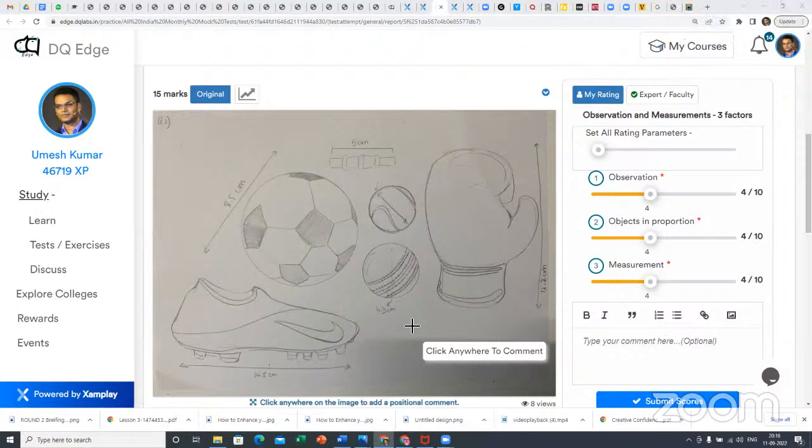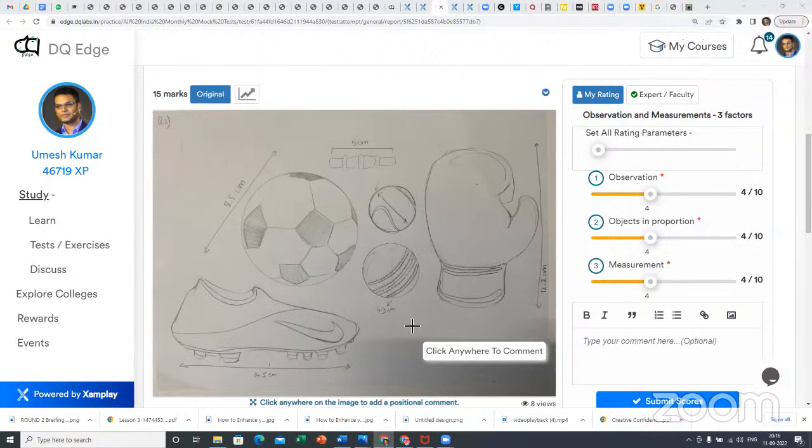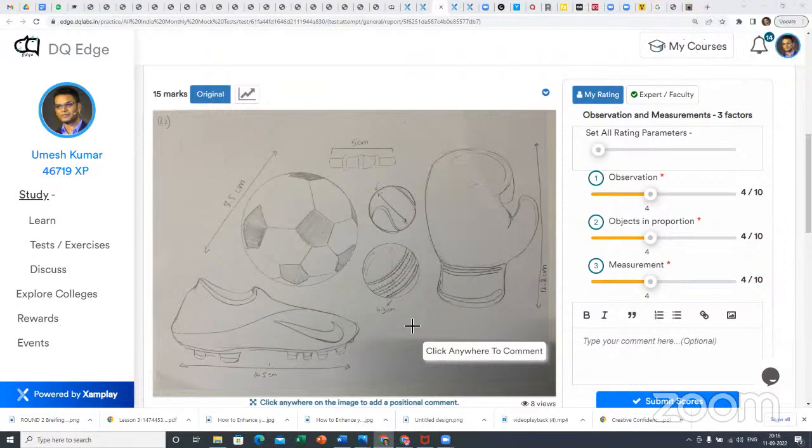Sir, can you repeat? I couldn't hear you. I'm saying it can be the radius of the football, not the whole diameter. You know, the 8.5 centimeter is too small. It's like this much. Sir, in paper, these are not the actual dimensions. I meant in the paper to see them proportional. Yeah, but still, I'm just saying, like,